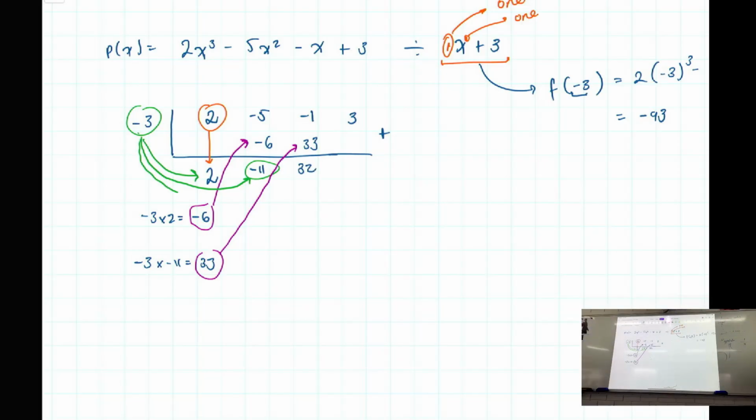Again, multiply that by minus 3. Minus 3 times 32 is minus 96. So again, take this one and place it over here. And 3 minus 96 is